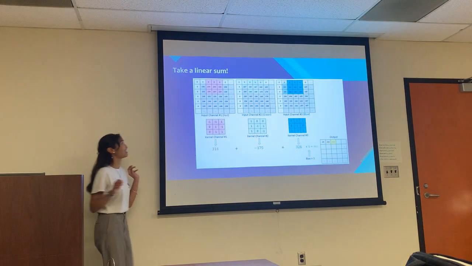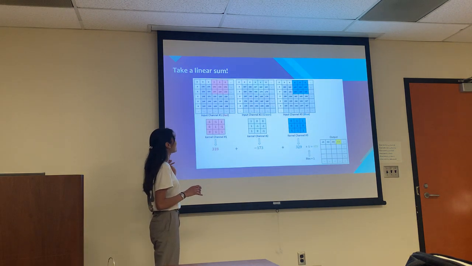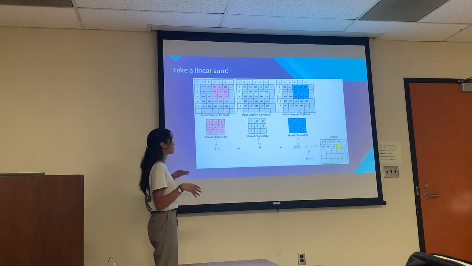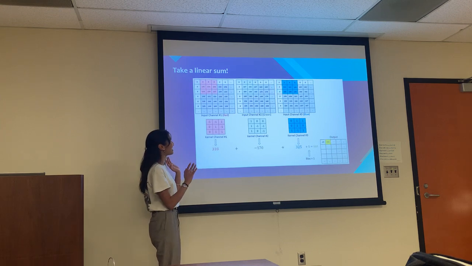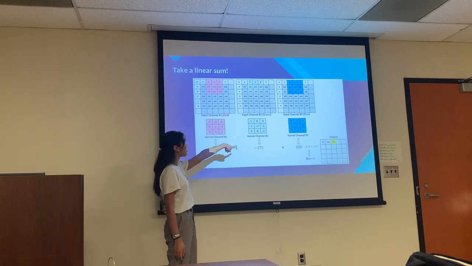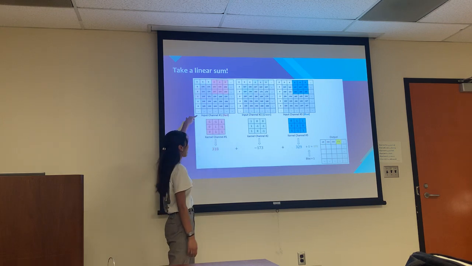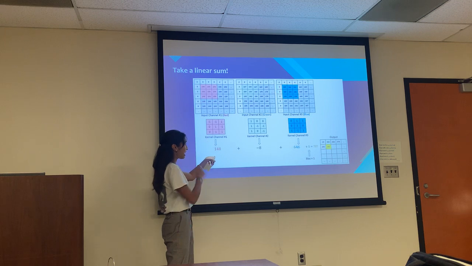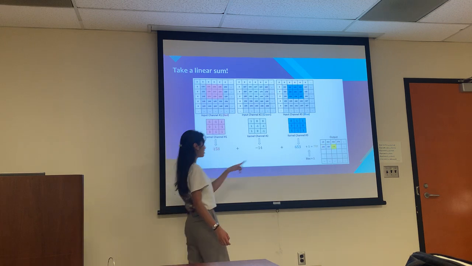So I guess this is an example of how the math works. You have this kernel here, and then you put it on top of the red channel, which is what your image is on the red RGB scale. And then you'd also have a separate one for green and a separate one for blue. Then you'd be multiplying them and adding them, and using this value to get the output.